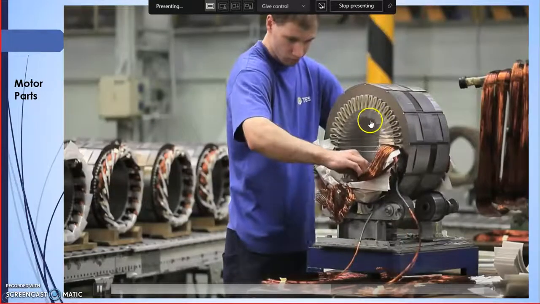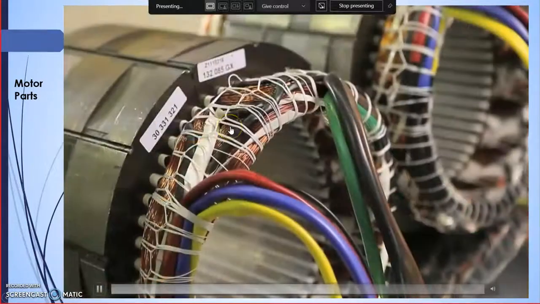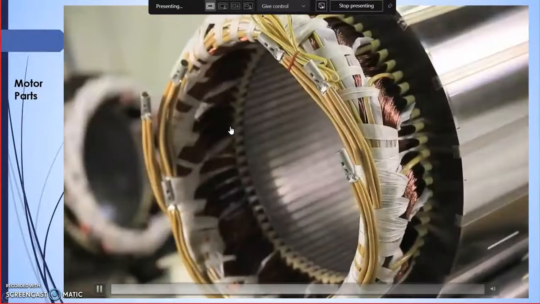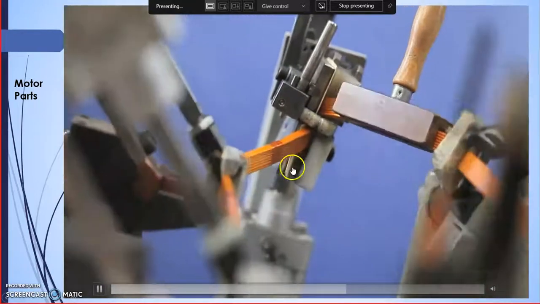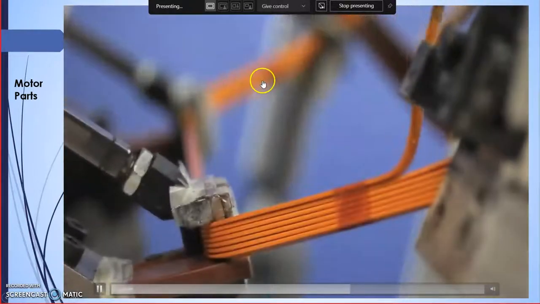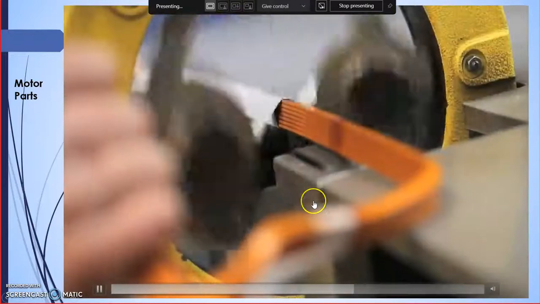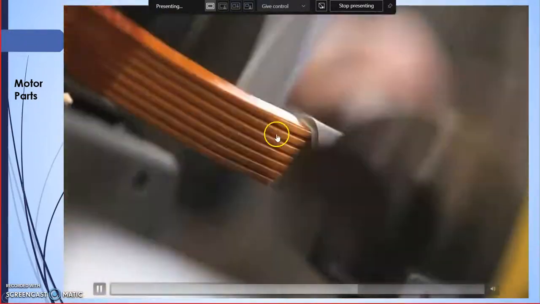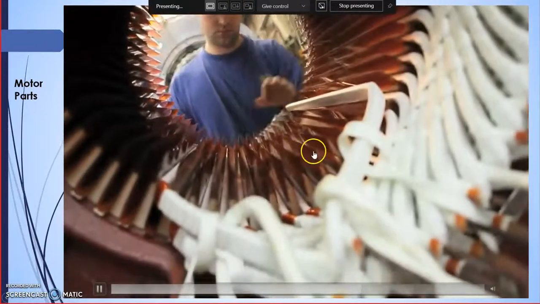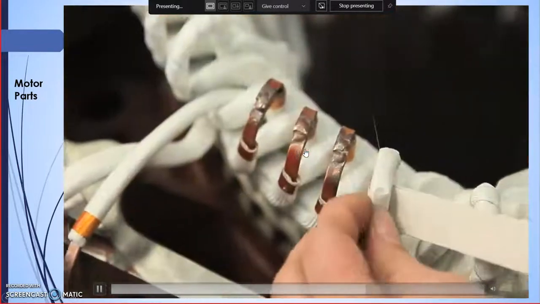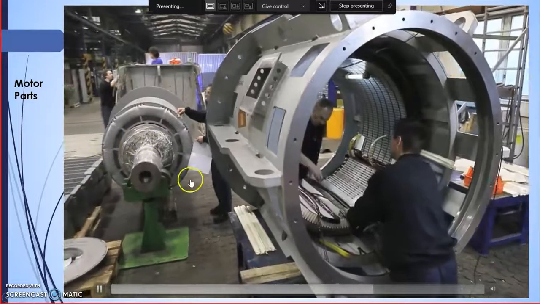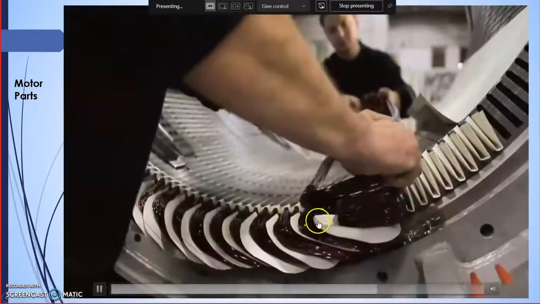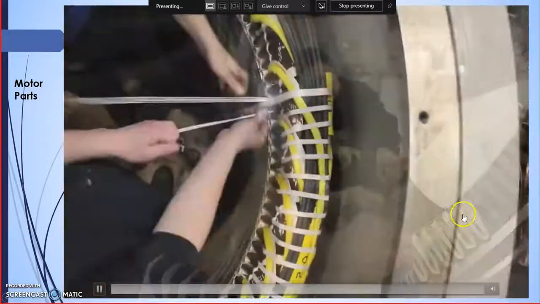See the slot liners. This is enamel. This is enamel. Because coil to coil insulation has to be there, layer to layer. Otherwise, again, current will flow from one to another. Now see how it is covered with cotton. Cotton tape. See this.